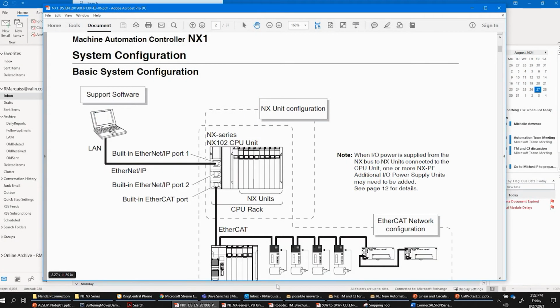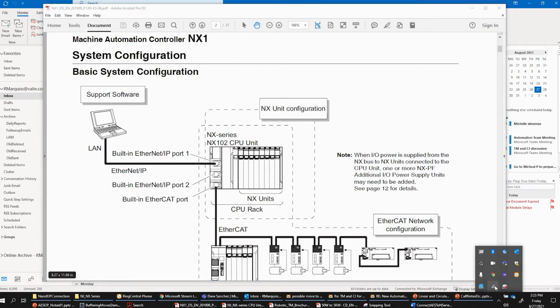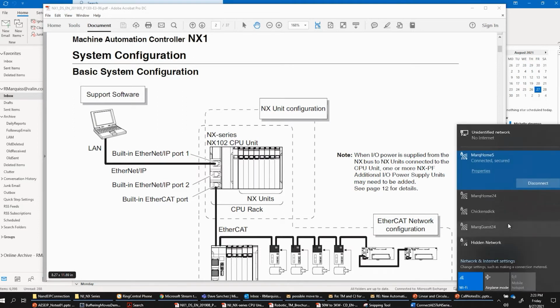One technique I use is to go to the hidden icons, or you may see the icons here, but mine are hidden, and I look for this icon. If you're using Wi-Fi, it'll be here. It might be a globe, but this is the internet access icon. If you click on it, it brings up this window, and then I can click on the network and internet settings,